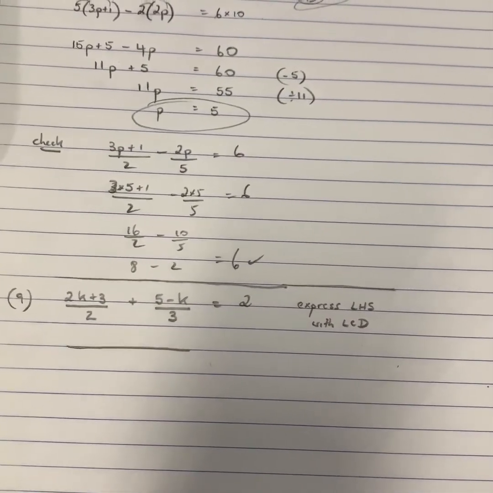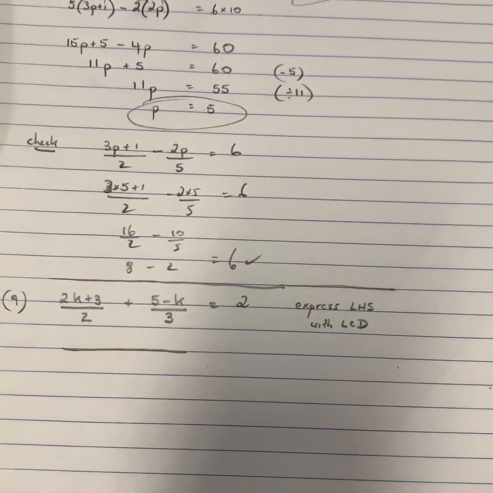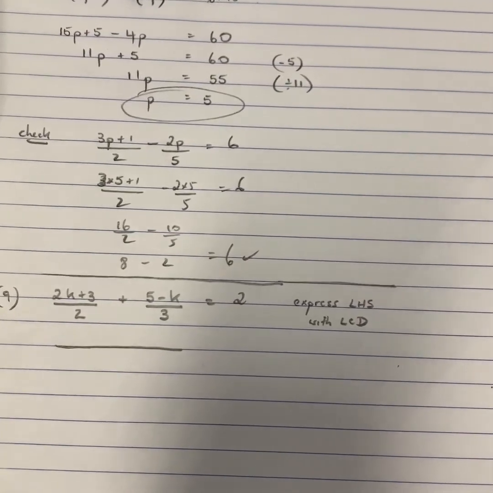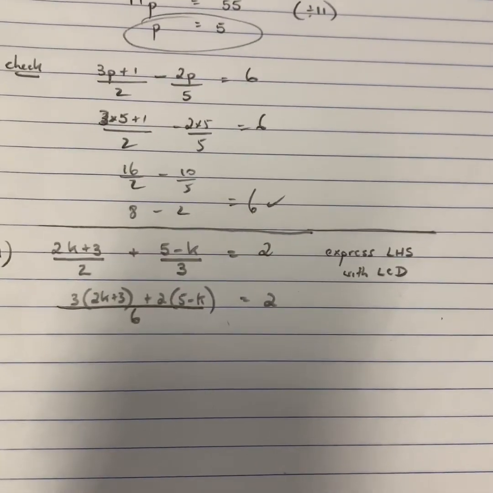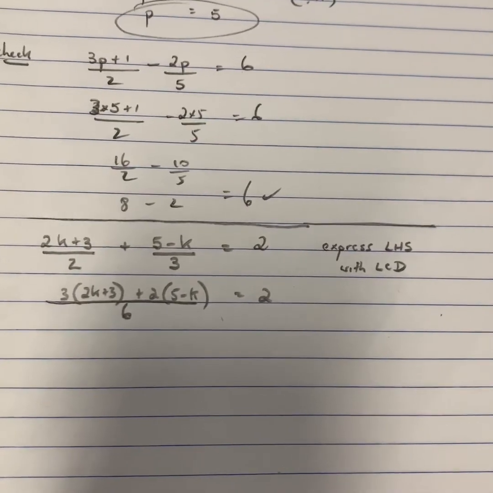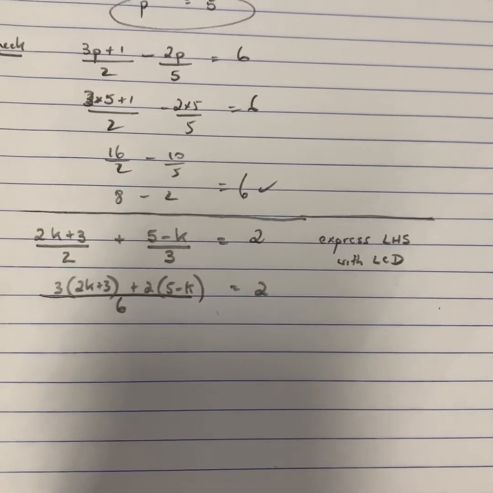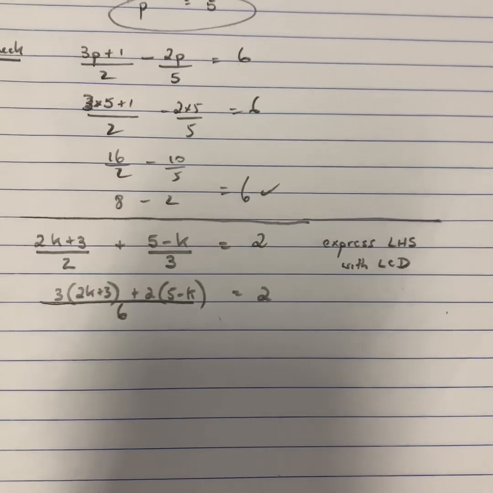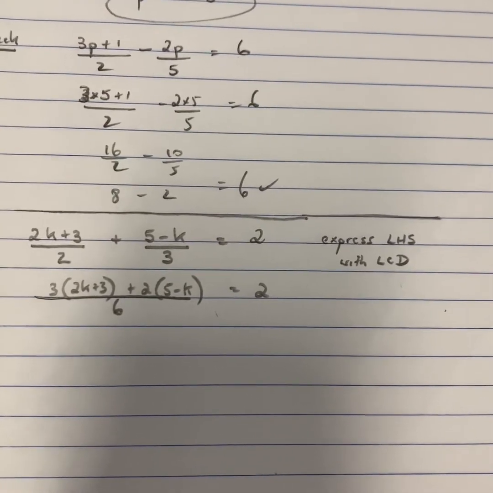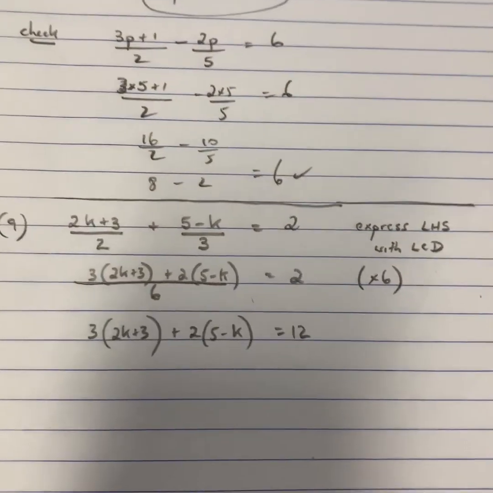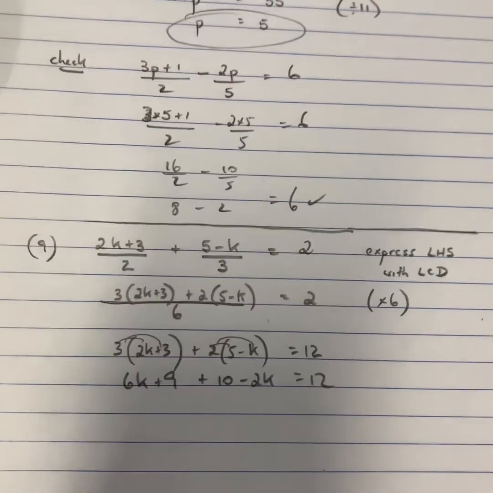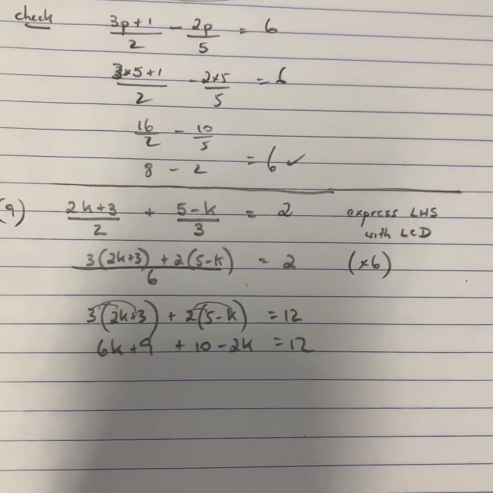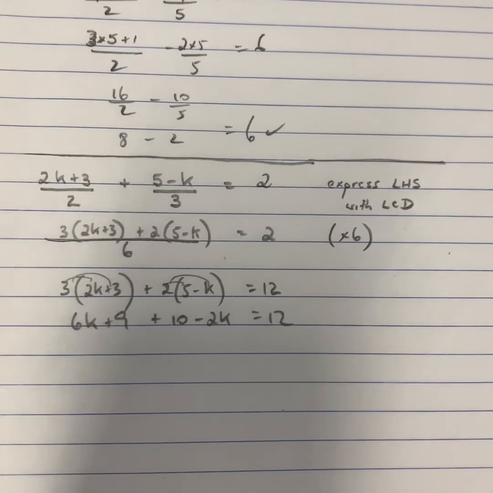So I'd like you just to give that one a go. Express the left-hand side with the lowest common denominator. You see there, we'll go through a little more complicated on the numerator, but we'll just multiply now by 6 on both sides to remove it from the left-hand side. As you can see there, I'll now apply the distributive law, and now I'll group the k's and solve in